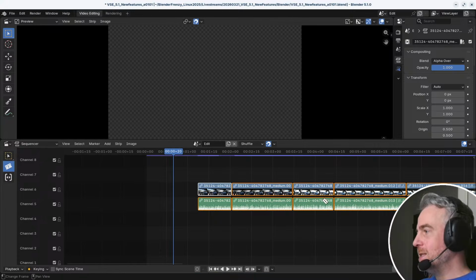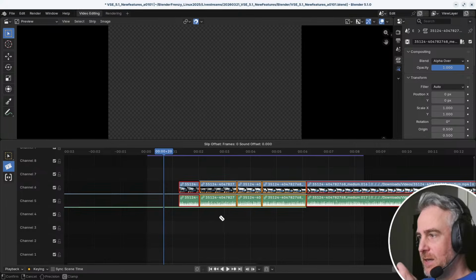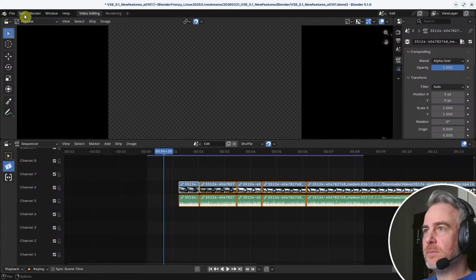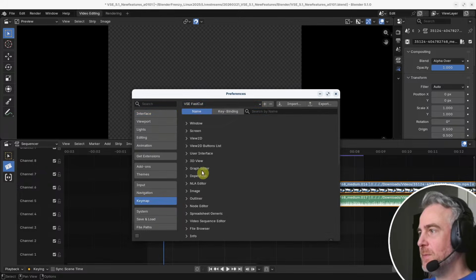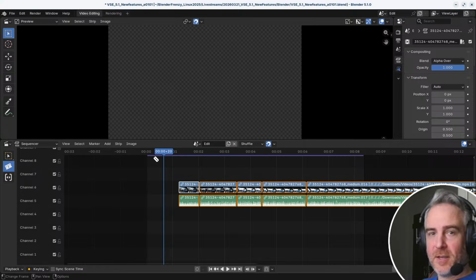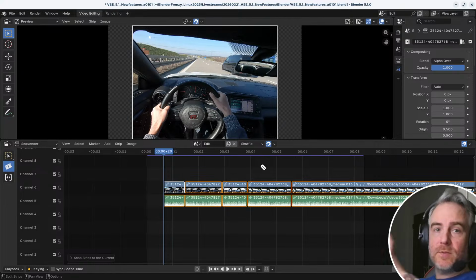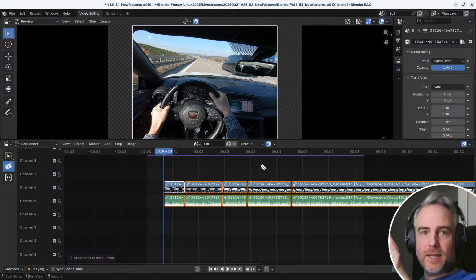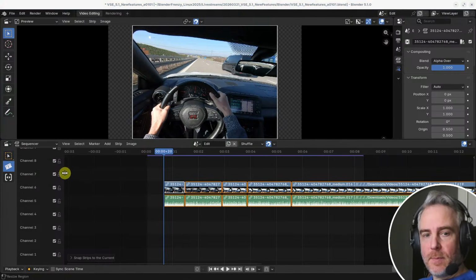So let's try this again. So we select everything and then Shift S. No. I forgot I also need to change my key map back to the regular Blender. Okay. Now, sorry, thank you for bearing with me here. Shift S. Okay, good. So they're all relative. It's almost like clearing the gaps. So they all snap, but they all snap